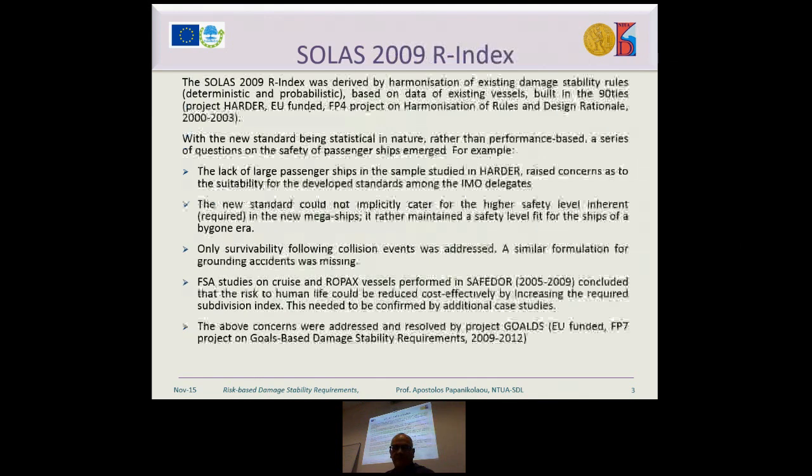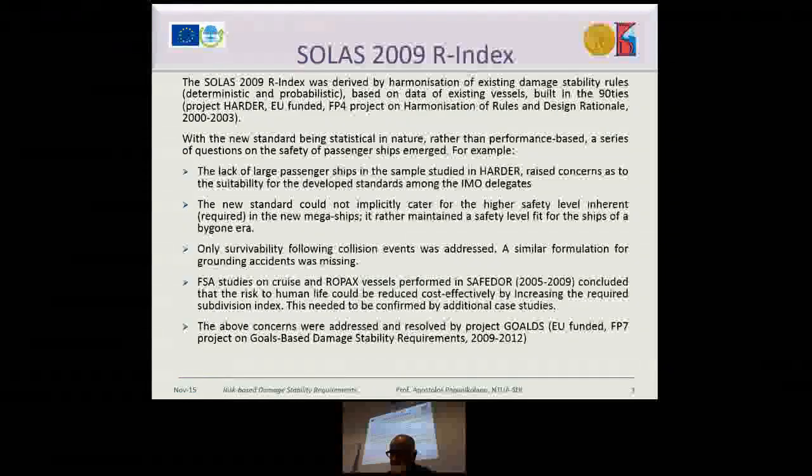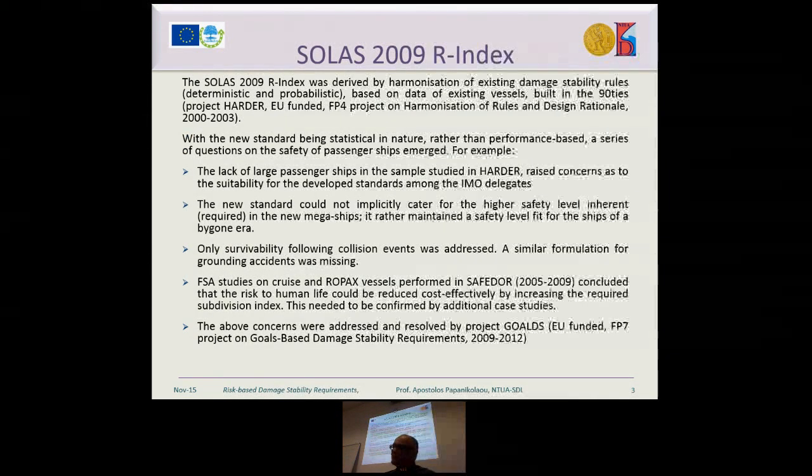So as an introduction, some comments on SOLAS 2009 required index. The required index is something set by regulations, which needs to be exceeded by the attained index of the ship. And this was formulated in SOLAS 2009 by the results of